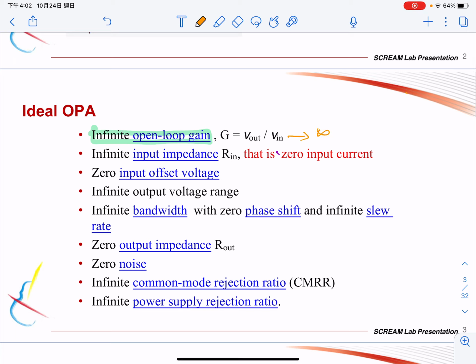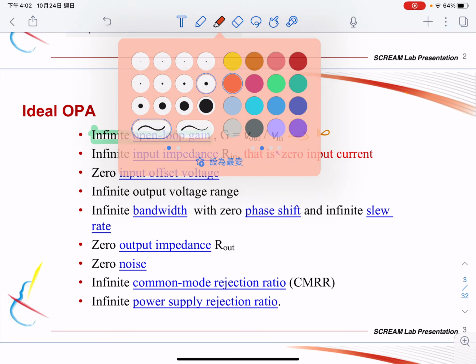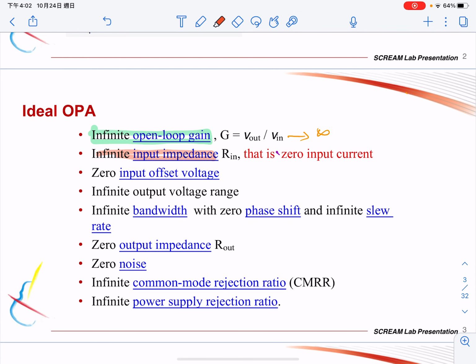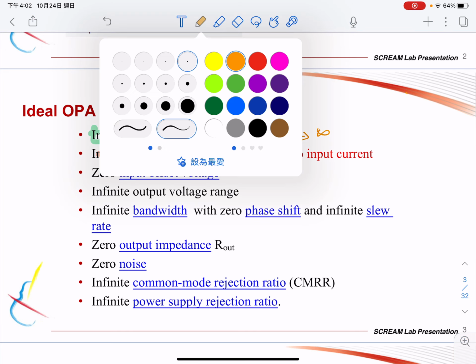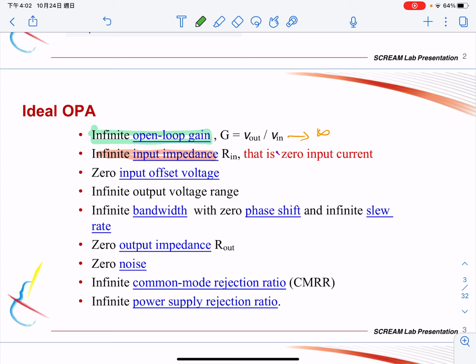The second one, which is also important, is that it has infinite input impedance, meaning R in goes to infinity. This also means that you will have zero input current. Imagine that this is a very good characteristic, because if R in is infinity, then if I have a signal Vs, the Vs has its own output impedance called R0. If I connect to the